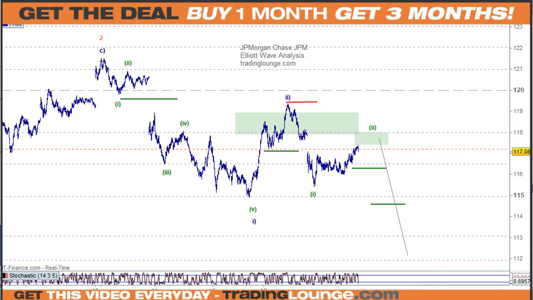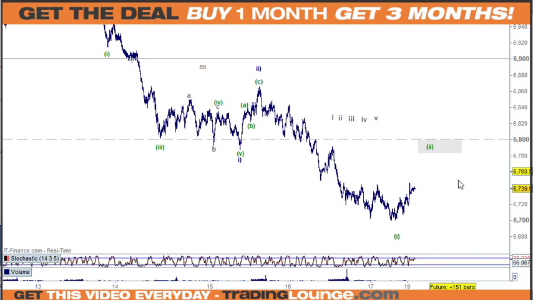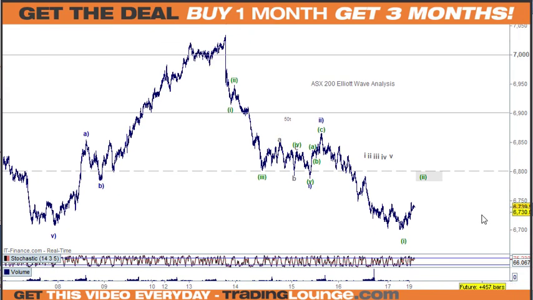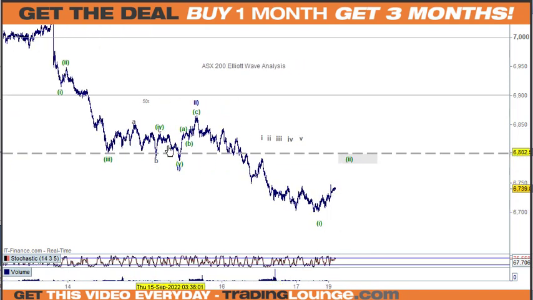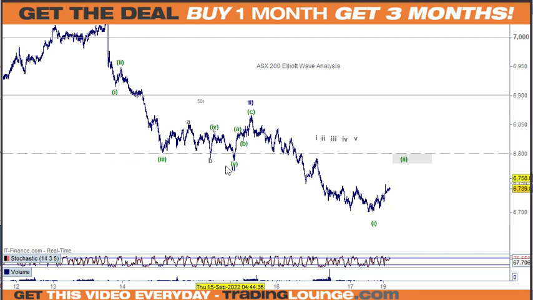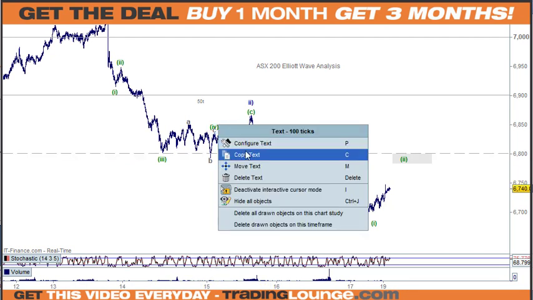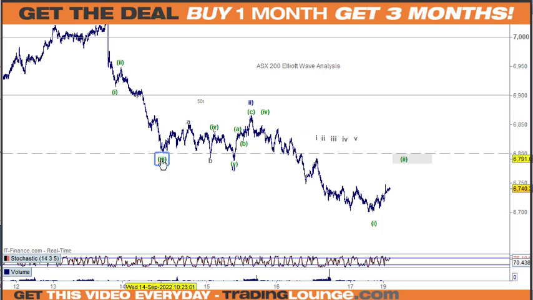So I don't think that we're going to go into a big rally, but I can see it, and I need to point it out. So in this case, we've got 1 and 2 here, 1, 2, 3, 4, 5, the third wave, fourth wave, and fifth wave making a new low, and the ABC here. So I don't know if I've forced it a bit. It's a bit small on the wave structure here. So in the other count that we look at, we'll be looking at this here with a wave 4 over here, looking at this as wave 3 here, and all of this is wave 4, and then going down for wave 5.